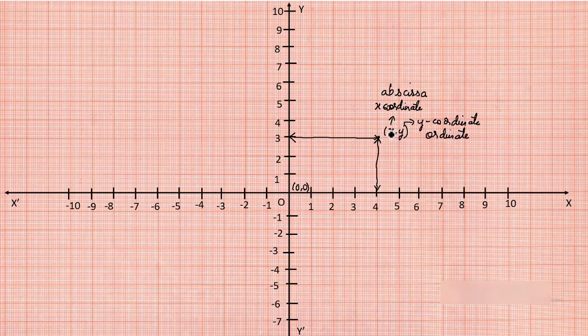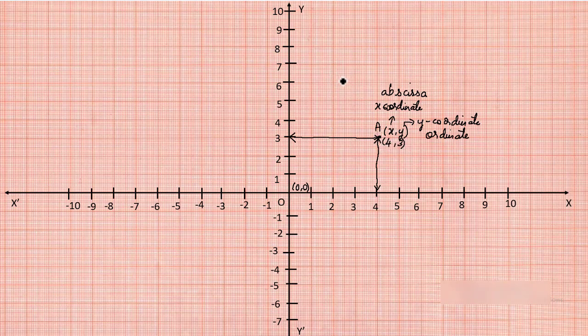Here if you observe, what is the x value? It is the distance from the point to the y-axis. On the x-axis it is 0 to 4. So the value is 4, comma, and similarly what will be the value of y? The value of y is taken from here to here, that is 0 to 3, so it is 3. So this forms the coordinate 4, 3 of point A. This is how we determine the coordinate of a point on a graph.